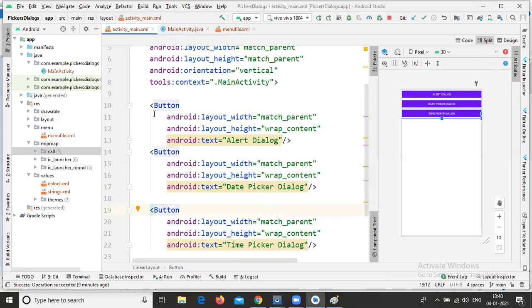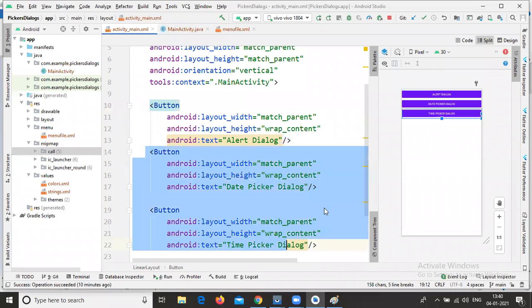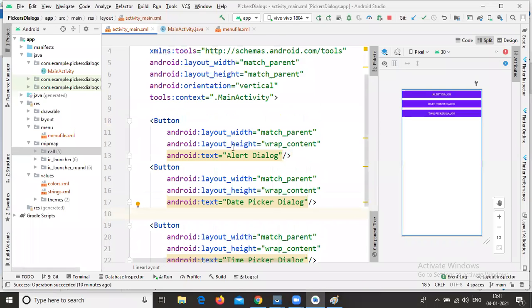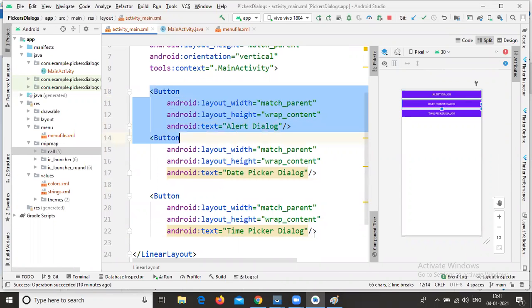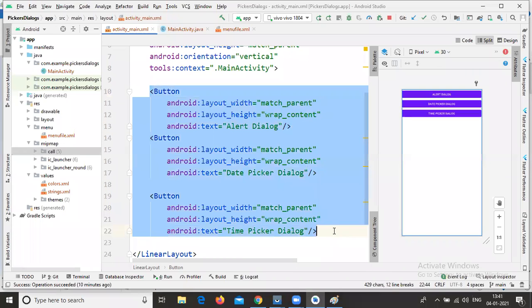Today for time being I will complete this alert dialog, and in tomorrow's session I will complete the date picker and time picker dialog. All of you create these three buttons in our XML file. Once you have completed, please let me know.